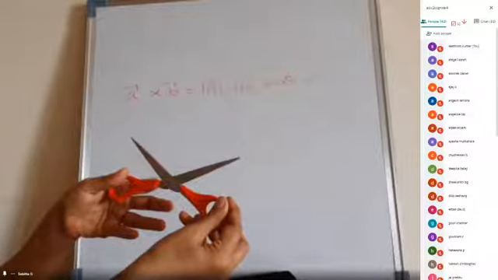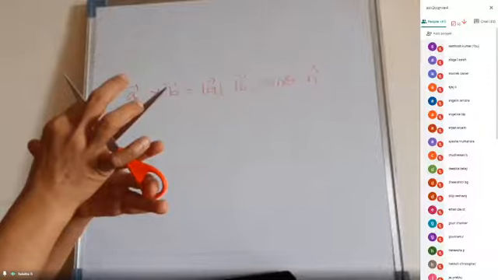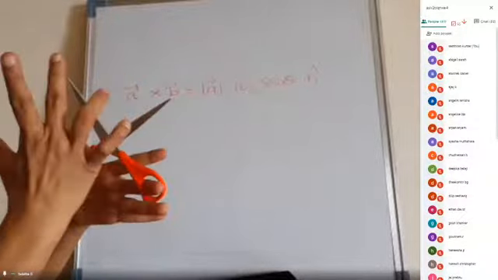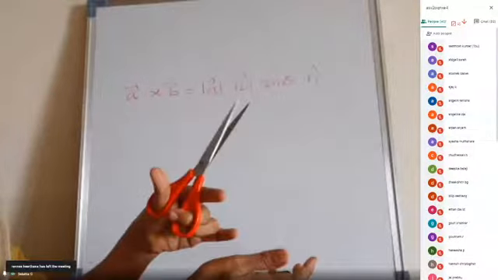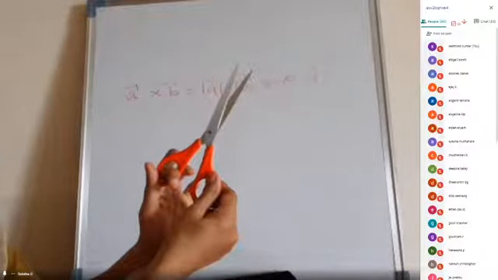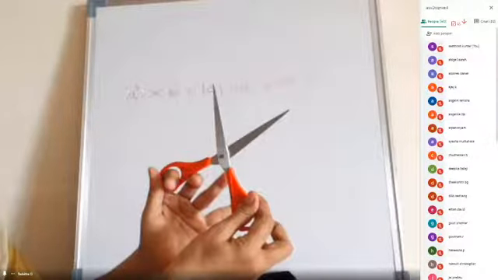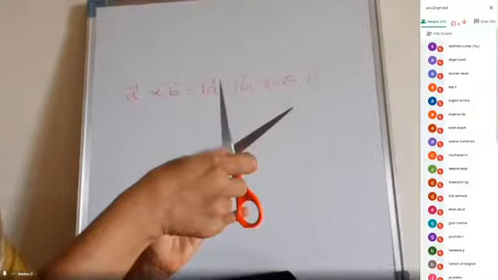This one, what do you say? A knife? What is this one? An arm. So let's say one arm is the A vector, and this other arm is the B vector. Both the arms are connected with that screw, isn't it? In the middle, you have one screw. Can you see the screw? If you rotate the screw, you can separate the arms.